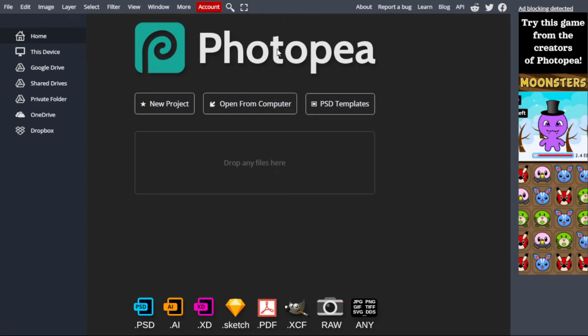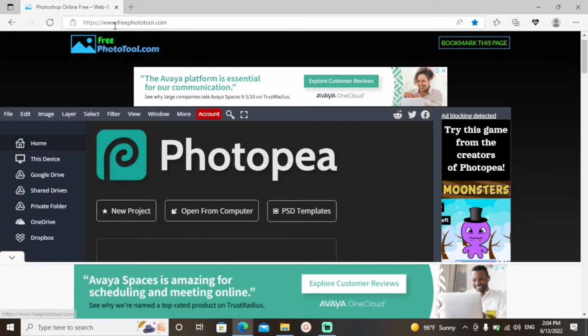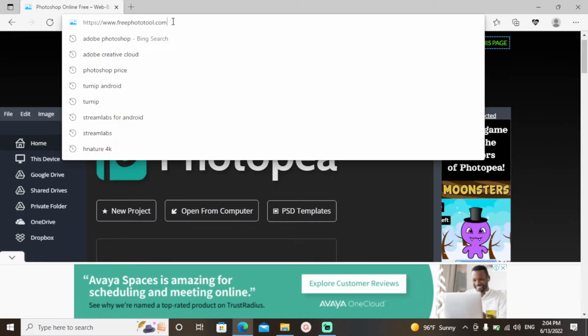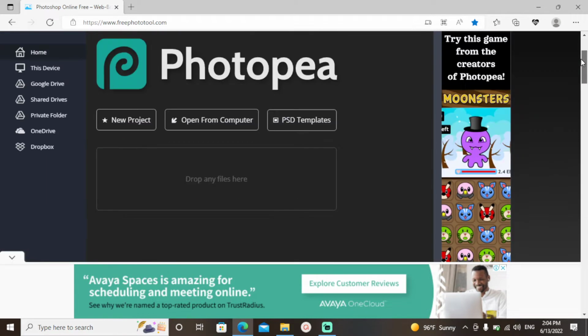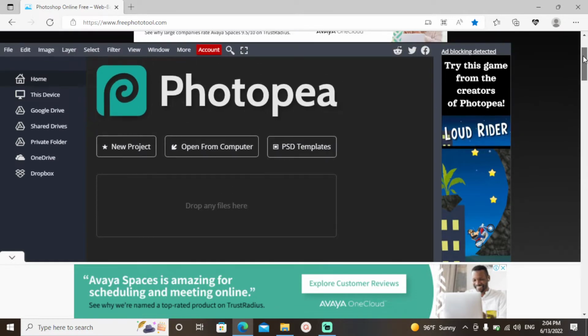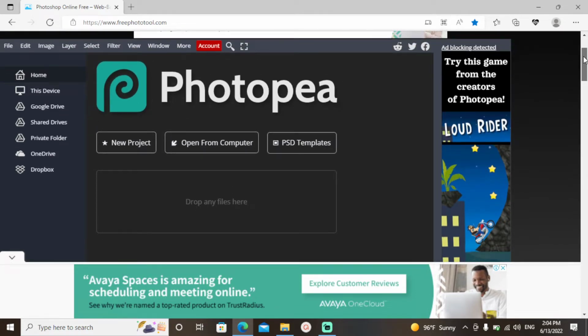Today I'm going to show you a very good alternative to Photoshop. So this is a very simple app. It's not even an app, it's actually a website called freetool.com, and this website is totally free. You can go ahead and there's no complicated process. Just open the website